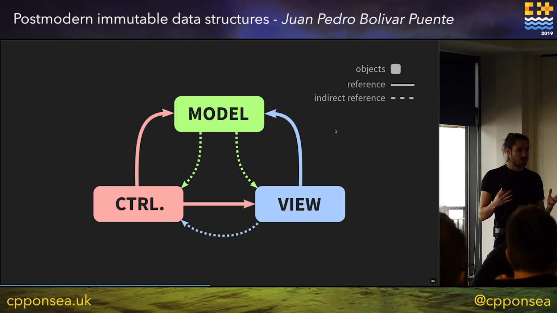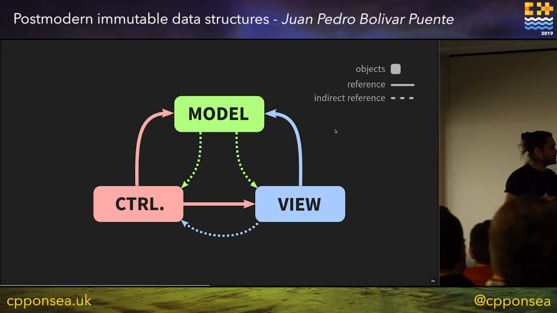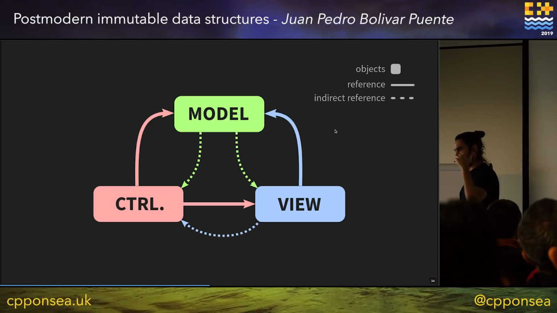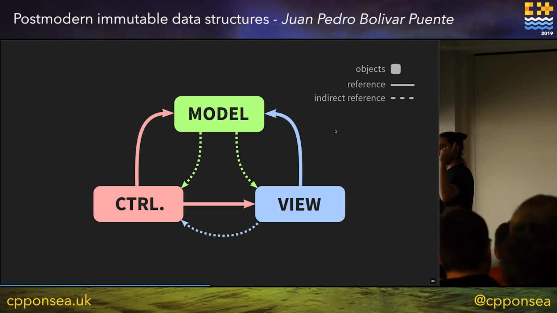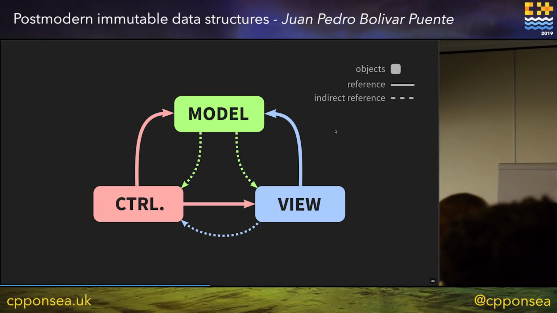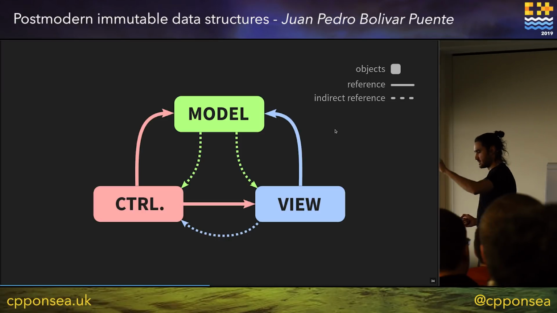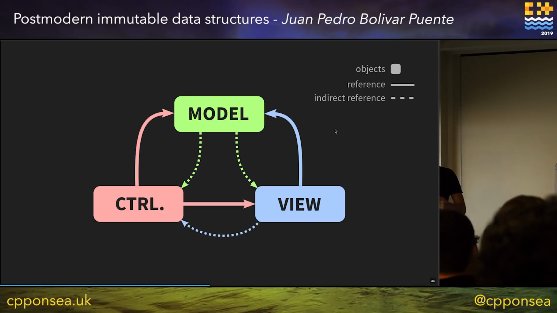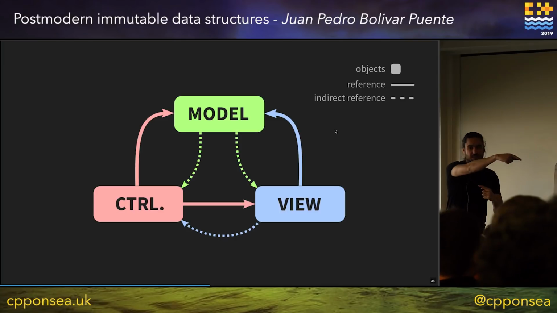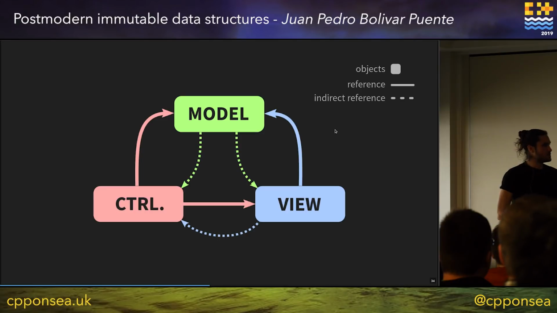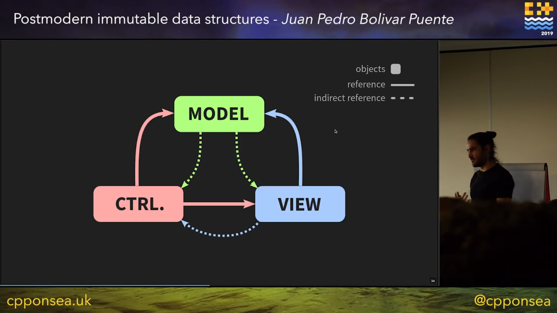Now, this separation of concerns is very nice, and we should strive for this separation of concerns. But the problem is that the way this architecture is normally implemented, these boxes here, they are objects. They are locations in that mutable sense that we talked about before. The lines here, they are references between these mutable objects. The dotted lines, they are indirect references, because probably the view has a callback registered in the model, and this callback, of course, has a pointer to the view, so it can call it. So we have this graph of cyclic references between objects,